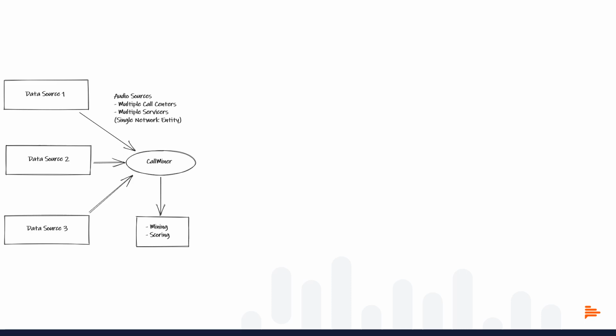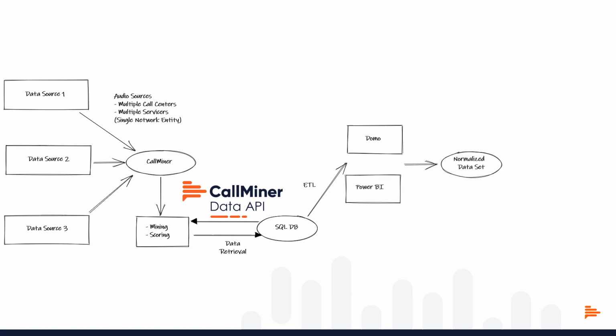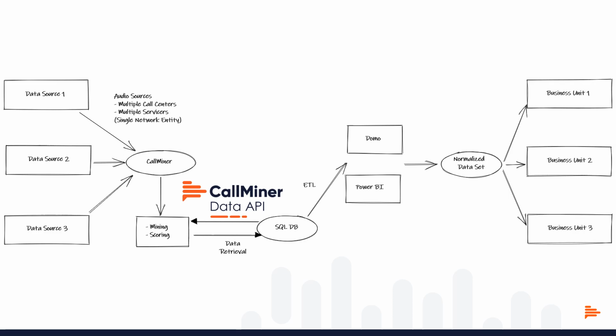Subsequent to that, we have set up API fetch retrievers that will essentially take all that data on a regular basis, every 30 minutes or every hour, and synchronize that data down to a standard database in SQL. Once it's in SQL, you can easily access it and do some basic ETL using Power BI or other tools and make a standardized, normalized data set that you then publish to your business users at each of the business units. What that lets you do is have that normalized central approach against a common resource and a common database,